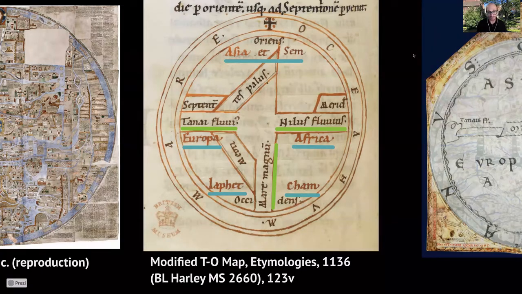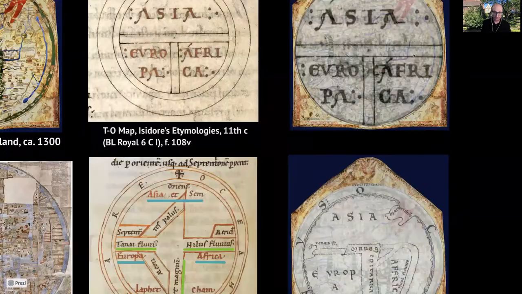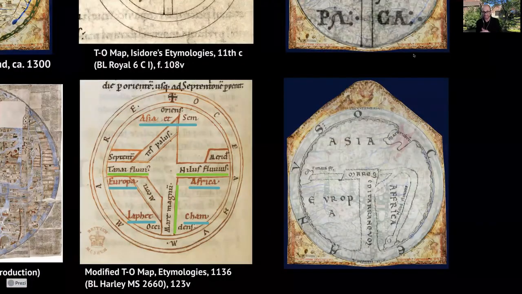The Hereford map, where I will be focusing some of my time today, might well be seen as a sort of elaborate TO map, admittedly with the lines of the T somewhat bent and the edges crinkly. Like the TO map, it presents Asia at the top. It is oriented toward the Orient, with Europe in the lower left and Africa to the lower right. Indeed, some TO maps are more closely aligned with Hereford, such as a 12th century example emphasizing the bifurcation of the Red Sea that you can see in the upper right there, and the Nile's division of Africa